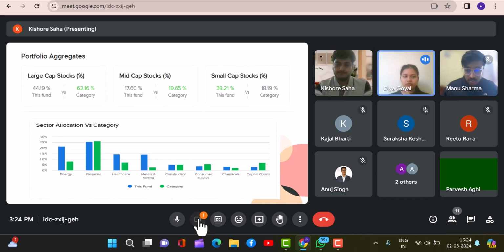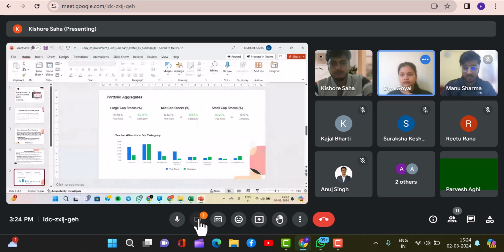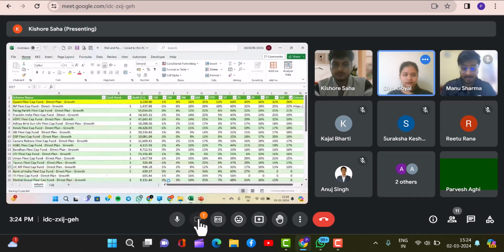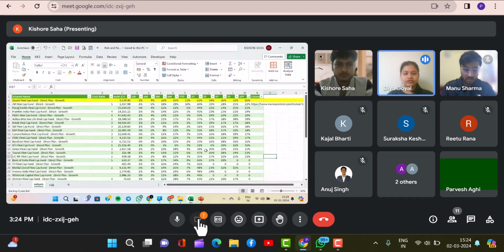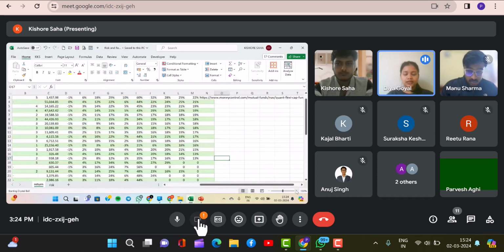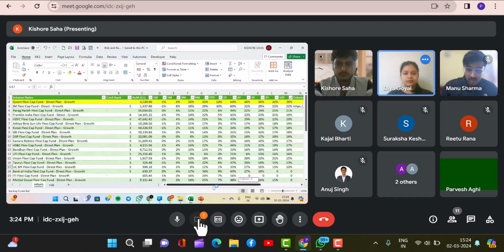Okay, so moving to the next slide. Can we go to Excel before Manu presents? So, sir, this is the return file where we have categorized the returns over all the years of this FlexiCap fund. So we can see that in 10 years, Quant Mutual Fund has performed